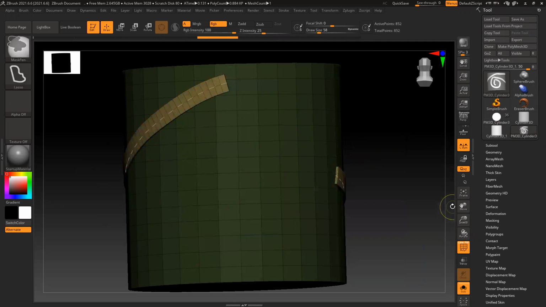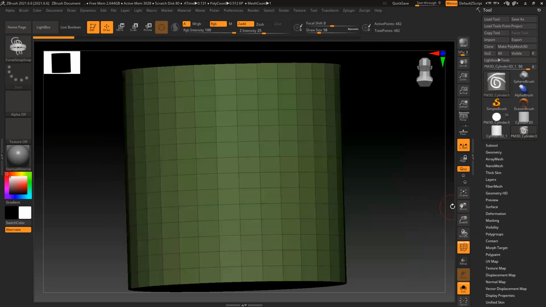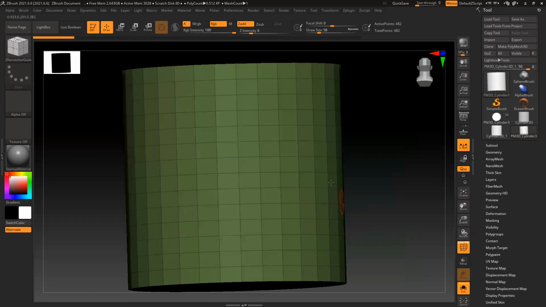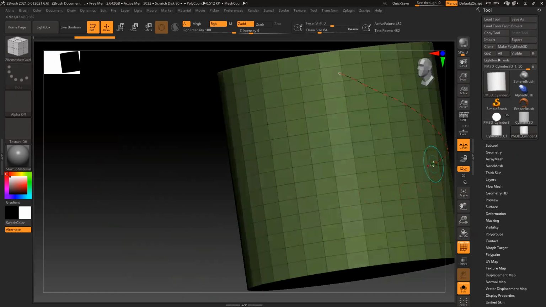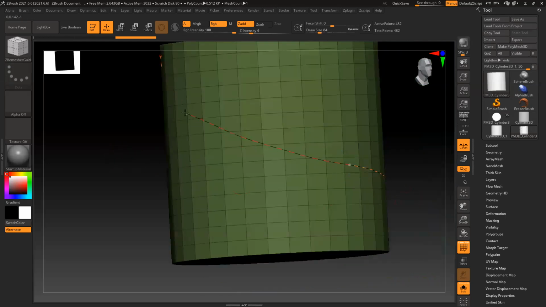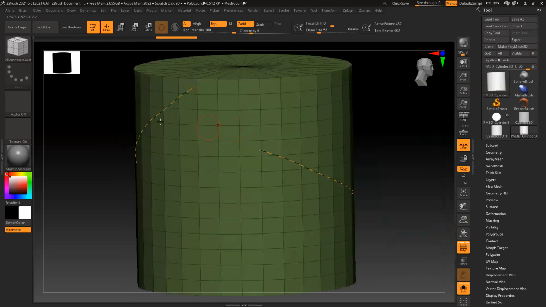There's one more. If you want to be really, really precise, very clean, for that use the ZRemesher guide, the last tool. You can create this thing, like wrap around this, so you have only one mesh wrapping around it.